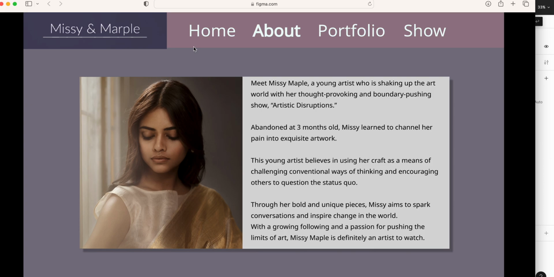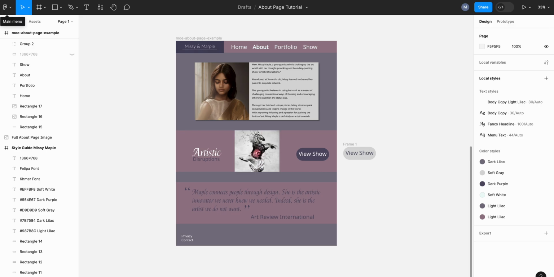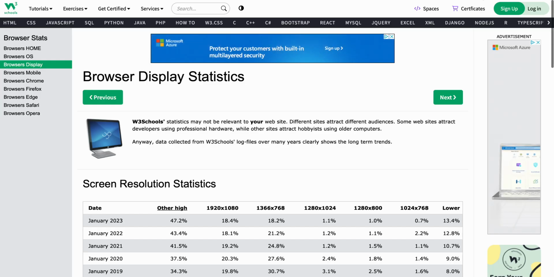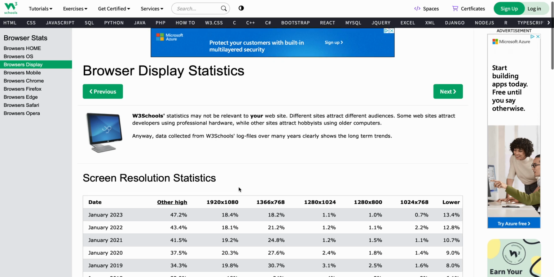So I want to design so that most people will see the most important work here. And let me show you how I figure out how big to make this and how I go about using it. So first of all, I am going to go to this particular site, which gives stats about screen resolutions